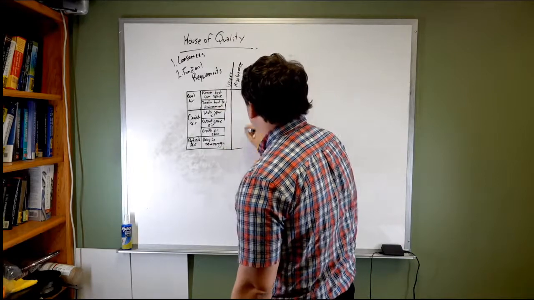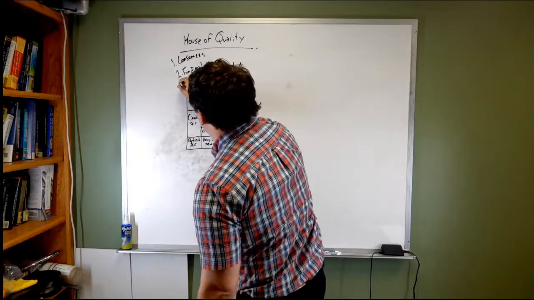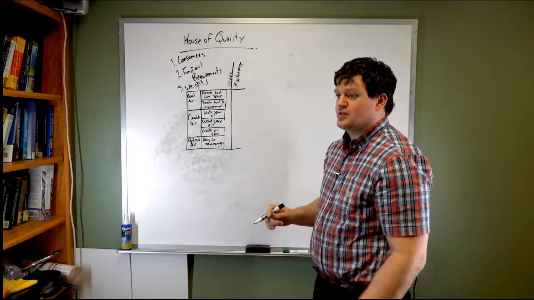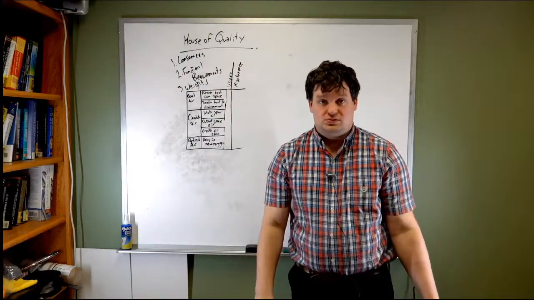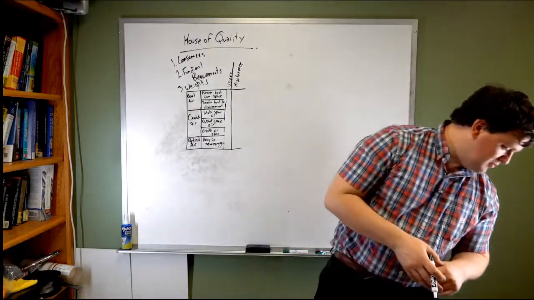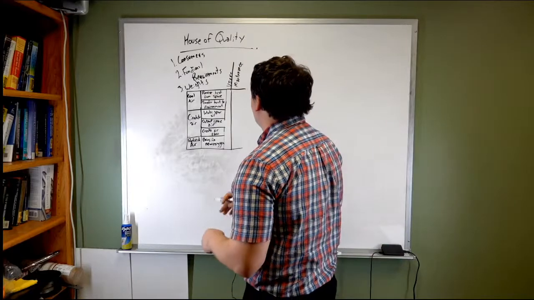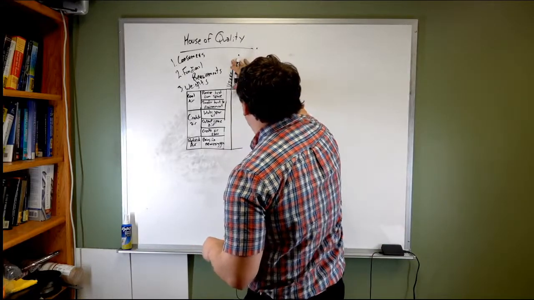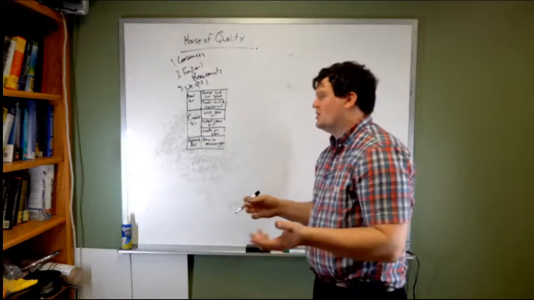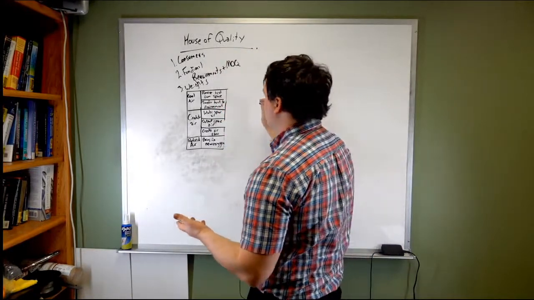So step 3, so this here is supposed to be step 1, this here is supposed to be step 2. Step 3 is applying weights. And when we talk about weights, it's how important is each one of these to the individual. Yeah, hold on, before we get into this. Each one of these has an associated measure of quality. And that actually does go into step 2.